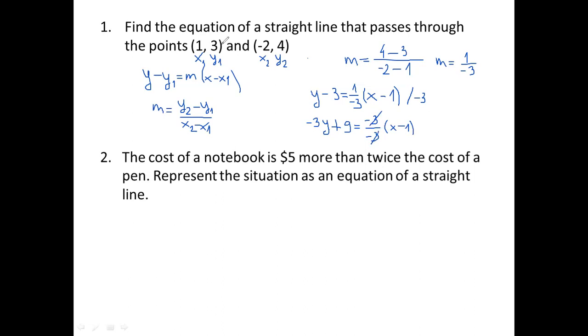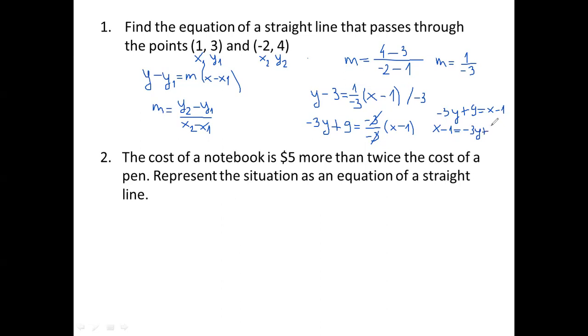So we will get -3y plus 9 equals x minus 1. So first now we want to transfer. I will write it the other way so it will be easier for you to understand. I'll just swap the places. So I will write x minus 1 equals -3y